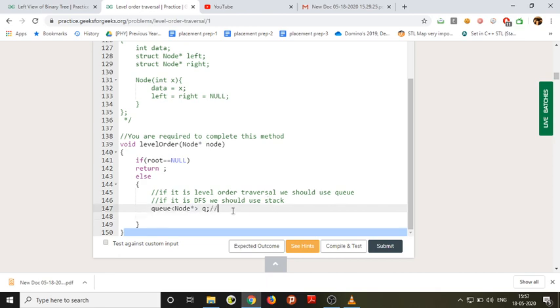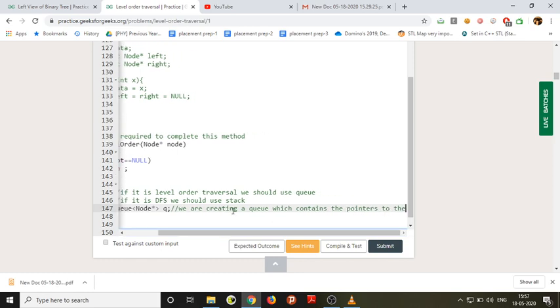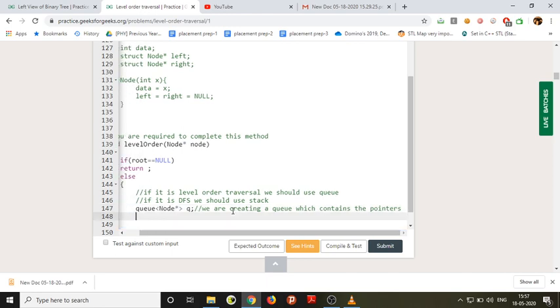So we are creating a queue which contains the pointers to the nodes.